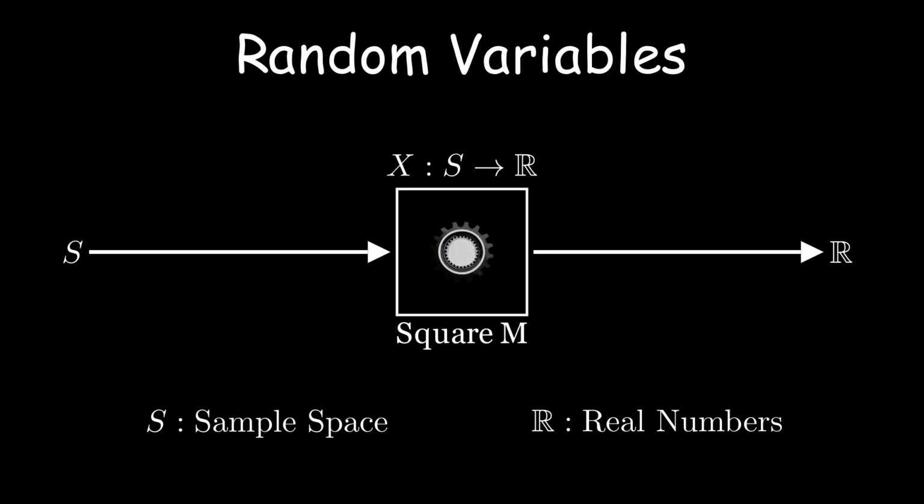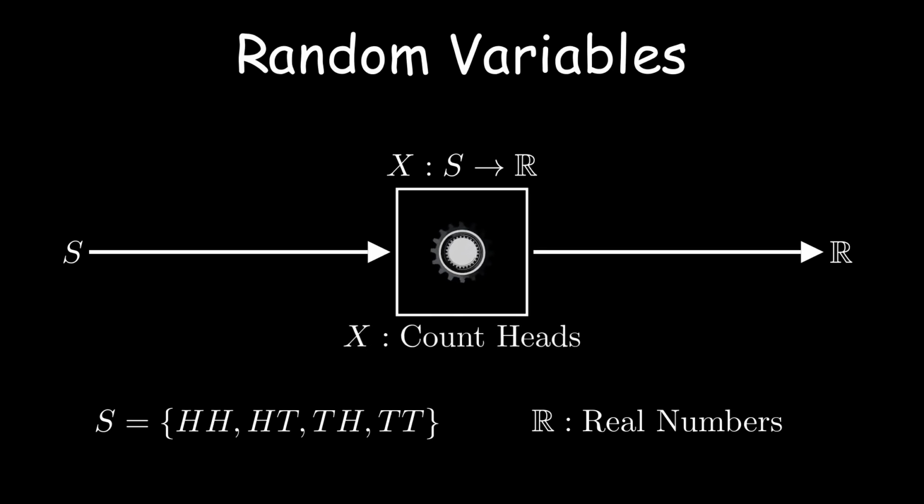Let's take an example to understand this better. Consider an experiment where we toss a fair coin twice. The sample space for this experiment would be HH, HT, TH, and TT, where H represents heads and T represents tails. Let's define a random variable X that maps the number of heads obtained in the outcome to the count